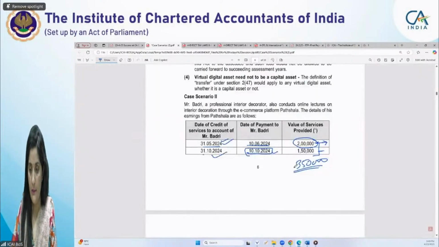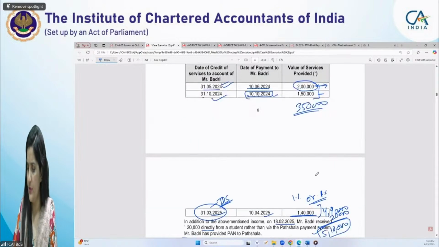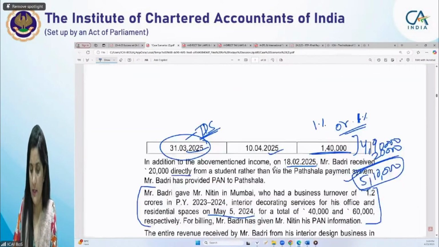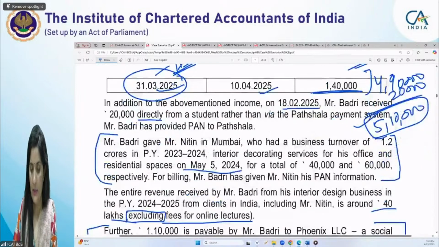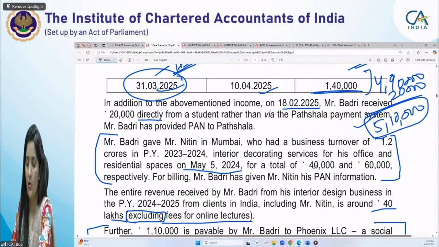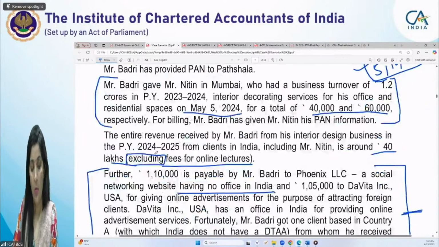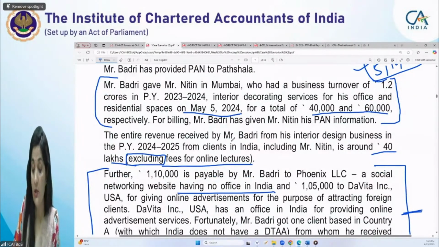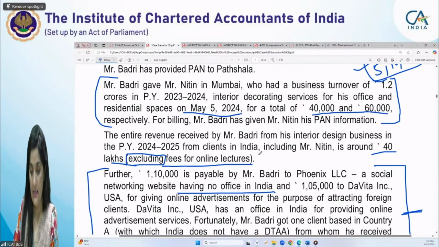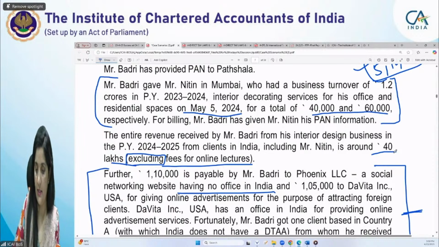Now आप देखोगे यहाँ पे, income from this पाठशाला he earned 5,10,000 that we have computed. ठीक है, 5,10,000 की यहाँ पे income आई थी. Then another income, he has provided some services of 40,000 and 60,000 to Mr. Nitin. This is its income. Then what else is there given? The entire revenue received by Mr. Badri from his interior design business in previous year 24-25 from clients in India, including Mr. Nitin. मतलब नितिन से भी इनकम इंक्लूड कर रखी है और